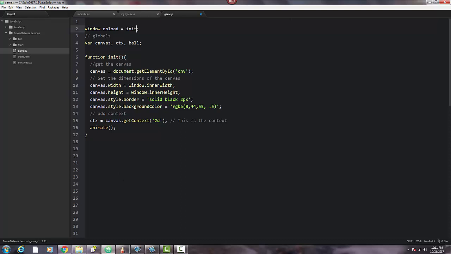Okay, let's just take a quick look at what we've done. We did window on load. I'm going to call this function init, and so this is my function here. This isn't actually a function call. Notice there's no parentheses after this, but when I get this on load, this is going to trigger an event, and the event will call this method init, whatever name I put here,